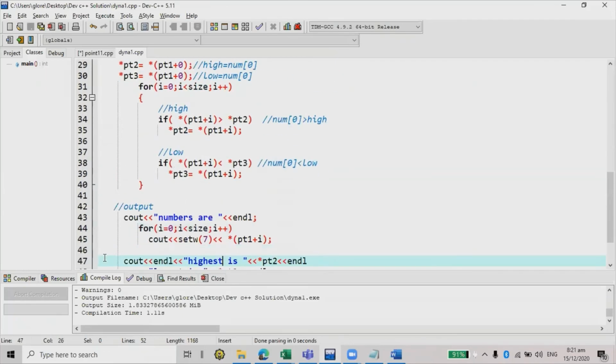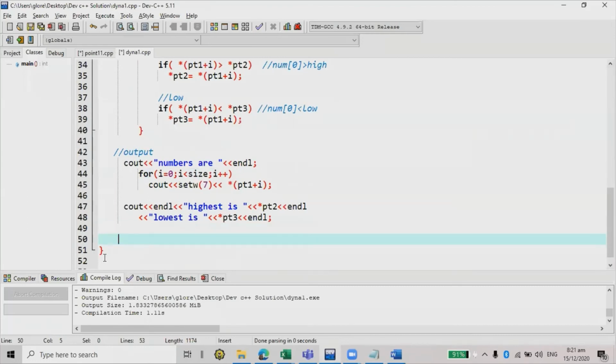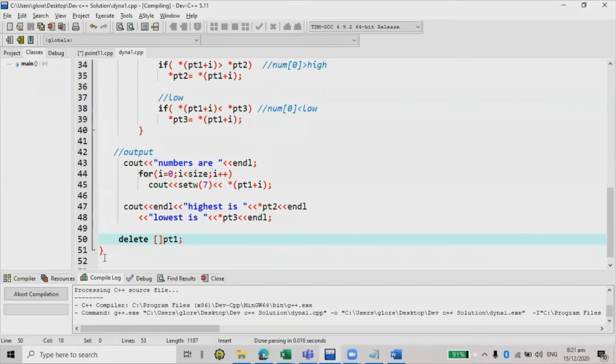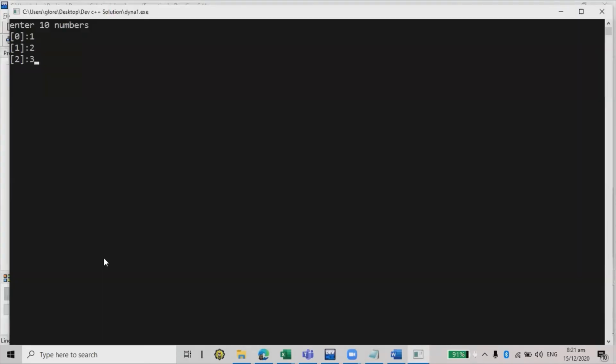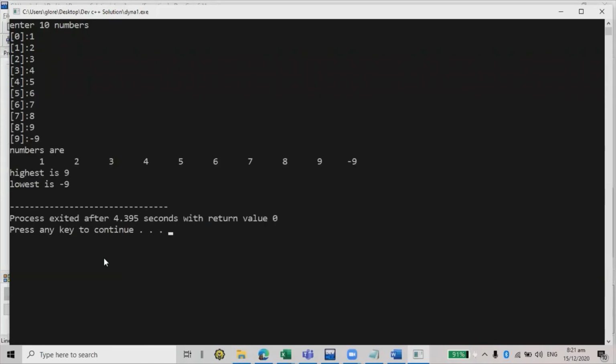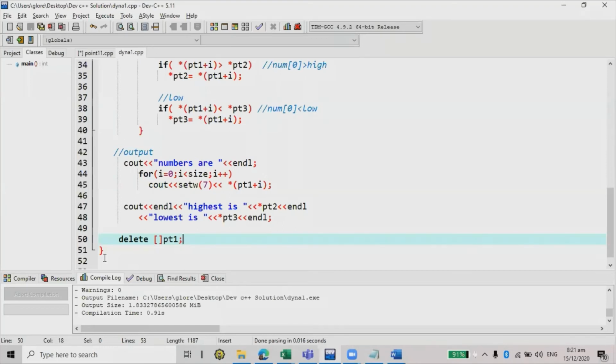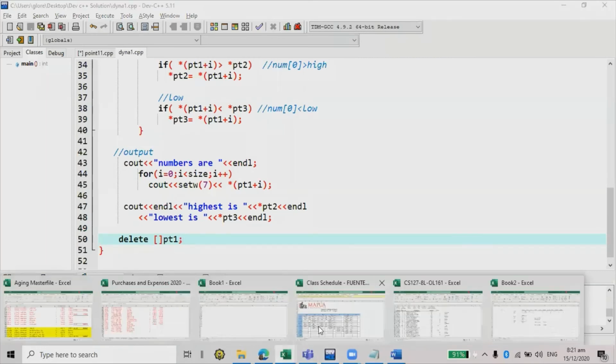Okay? So, here, sa pinakadulo, yan. Paano natin ngayon i-delete kapag ang ating variable is dynamic array or array siya. So, we're going to use delete and then subscript. And then yung pointer na ginamit natin for that, which is pointer PT1, semicolon. So let's run again the code. So 1, 2, 3, 4, 5, 6, 7, 8, 9, negative 9. So 9 ang highest, lowest is 9. So pag in-enter key natin yon, ang mangyayari, kapag ito yung portion na to, delete PT1, ano yung mangyayari dun